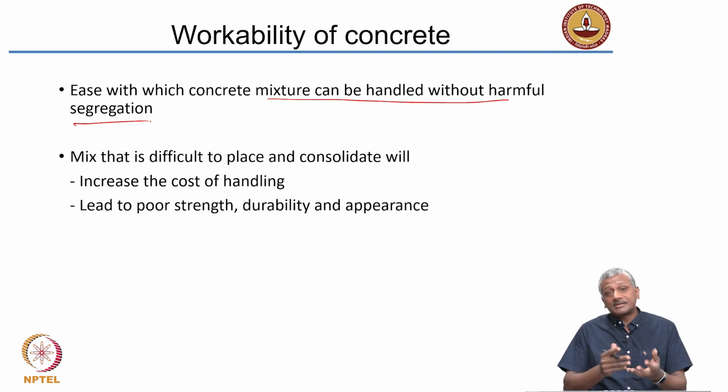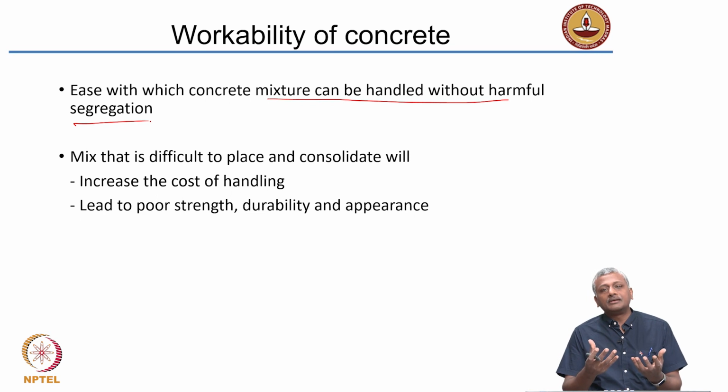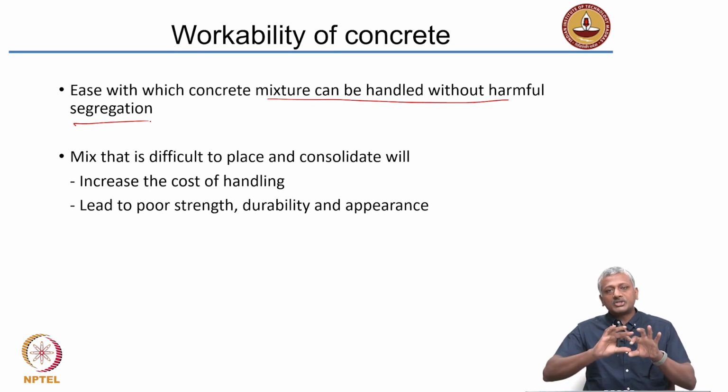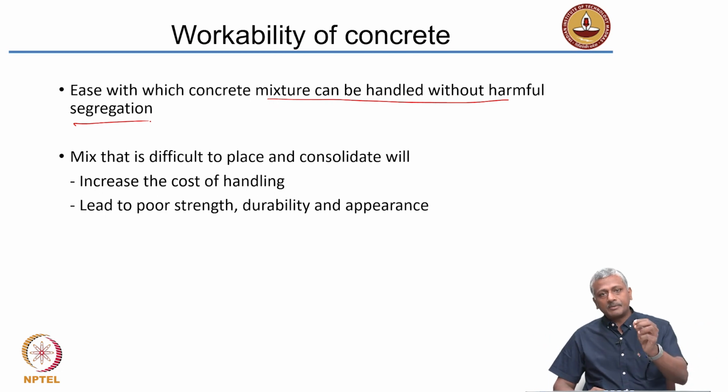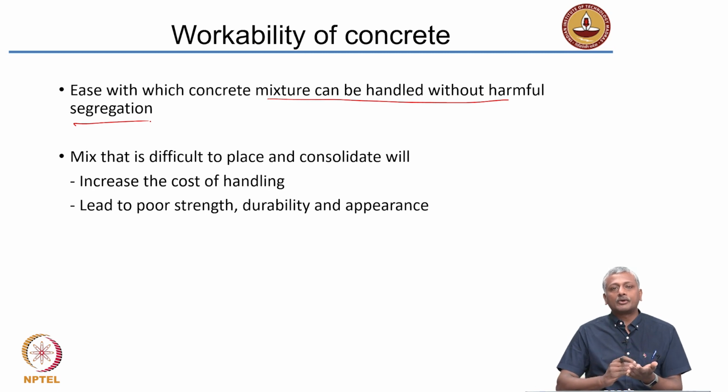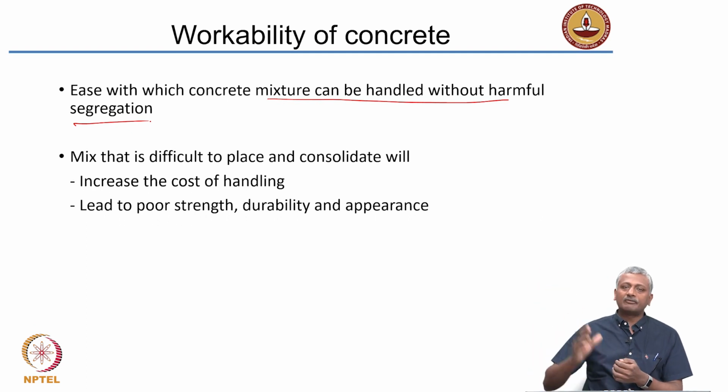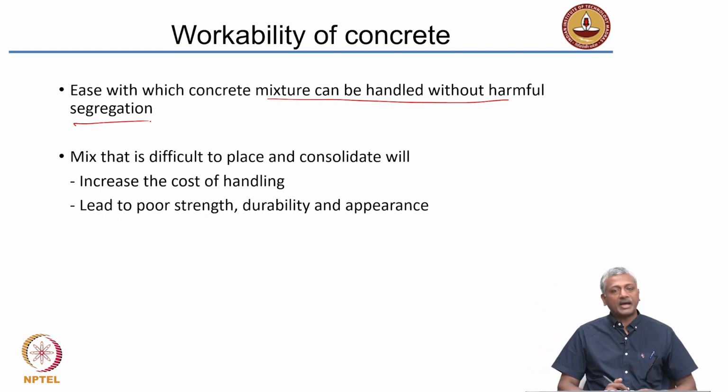So, as I said earlier, concrete is a very heterogeneous material. It's got ingredients which are at completely different size scales. Cement particles are a few microns. Okay. You have sand which is ranging from 75 microns all the way to 4.75 millimeters, and you have coarse aggregate which is going above 4.75 all the way to 20 or 40 depending upon the kind of concrete that you have. Because of the relative sizes and differences in densities, and because water is involved in the scenario, you can have separation of the constituents. So, workability is defined as the ease with which you can handle the concrete without causing segregation.